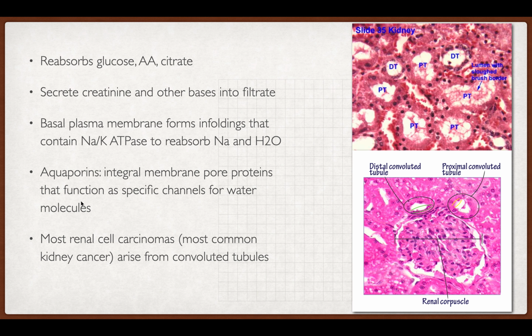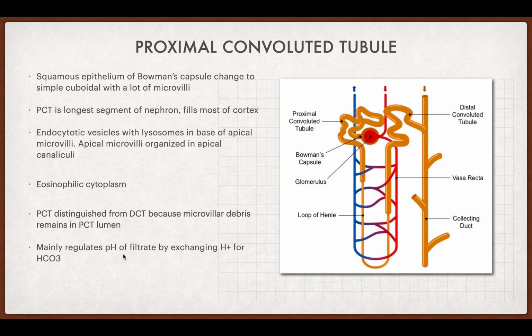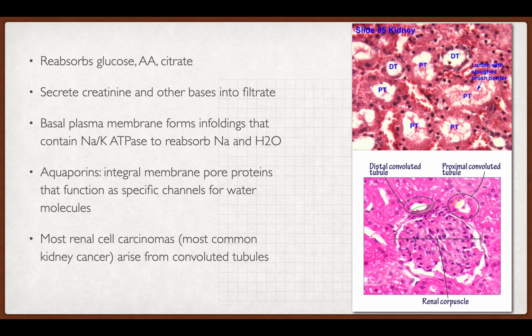Other jobs that it does are reabsorbing glucose, some amino acids, and citrate. But just recall, the main thing with the proximal convoluted tubule is to maintain the pH of the filtrate. It secretes creatinine, nitrogenous bases and other bases into the filtrate, and the basal plasma membrane forms folds that curve in, and those contain the Na/K ATPase pumps